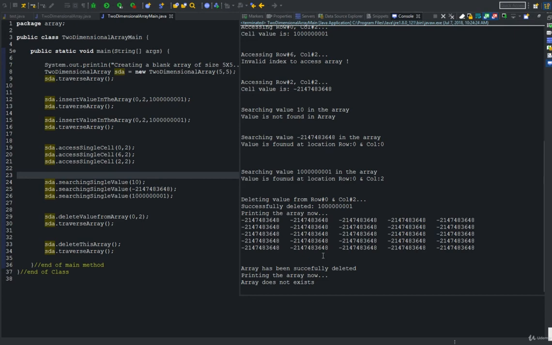So this is all about implementing a 2D array in Java. Hope you have understood the code. This entire code will be available in the resource section. But please don't directly go and see the code. Try to implement the same thing on your own and see what kind of mistakes you are making. And if you are still not able to solve it, then please come to this code and see it in the resource section. That way you will be able to understand both the code as well as the methods more efficiently, and you will also be able to remember these things for a longer period of time.